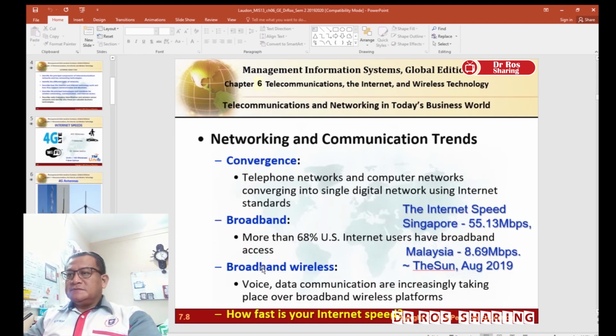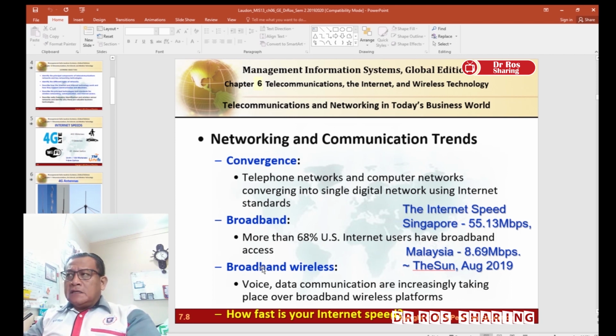And that is why we need 5G, because future applications all require faster internet communication. So internet speed is one thing of the communication technology today. However, without the networking, which is the connection between hardware to the networking lines and to the other users, that is quite useless. So if we look at the networking and communication trend in Malaysia and the rest of the world,